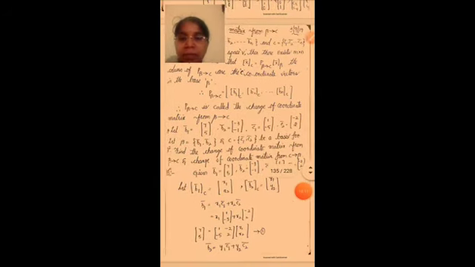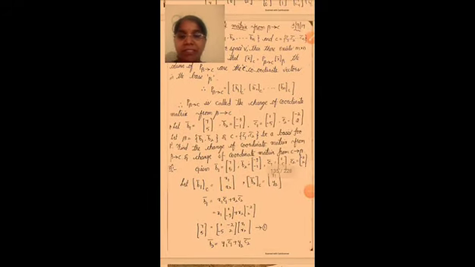So first problem here, let b1 bar is equal to 7 5, b2 bar is equal to minus 3 minus 1, c1 bar is equal to 1 minus 5, and next c2 bar is equal to minus 2 2. Let beta is equal to b1 bar comma b2 bar, and C is equal to c1 bar comma c2 bar be a basis for R2. Find the change of coordinate matrix from beta to C and change of coordinate matrix from C to beta.